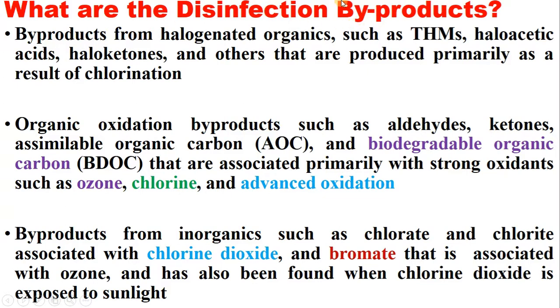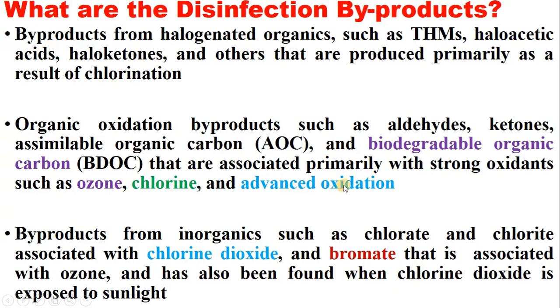What are the disinfection byproducts? Byproducts that originate from halogenated organics such as trihalomethanes, haloacetic acids, haloketones, and others are produced primarily as a result of chlorination. Another aspect is organic oxidation byproducts such as aldehydes, ketones, assimilable organic carbon (AOC), and biodegradable organic carbon (BDOC) that are associated primarily with strong oxidants such as ozone, chlorine,